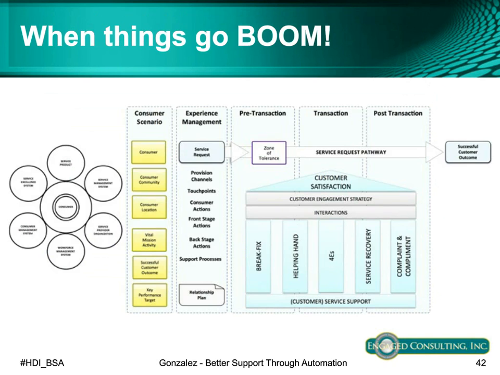Now, when things go boom is actually an important part for us, specifically because we're dealing with the customer recovery program here. So we start off with the set of service requests, and it's driving us towards the right. So we have a little box there that's just about in the middle where we find the zone of tolerance. This zone is actually quite important for us because it tells us how far can we go to either side of what the customer expects and still have them think well of us.